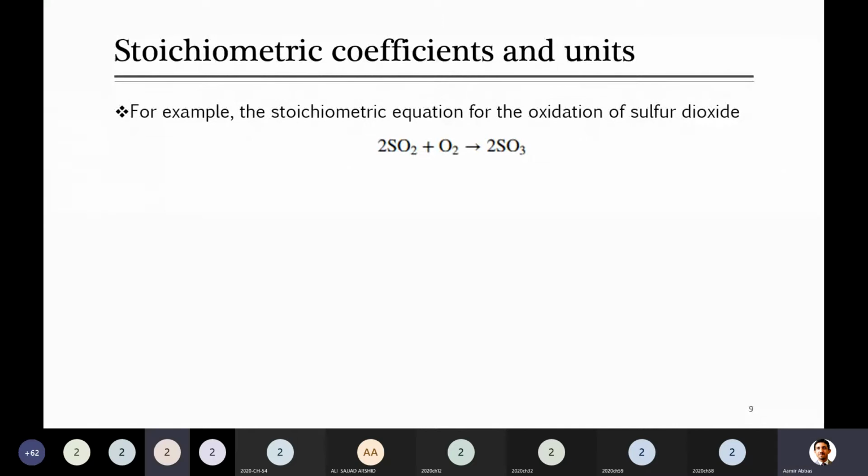Sir, the number of moles of elements on the reactant side will be equal to the number of moles on the product side. Not the number of moles, simply the elements: the amount of any element on one side of the equation should be equal to the number of that element on the other side of the equation.